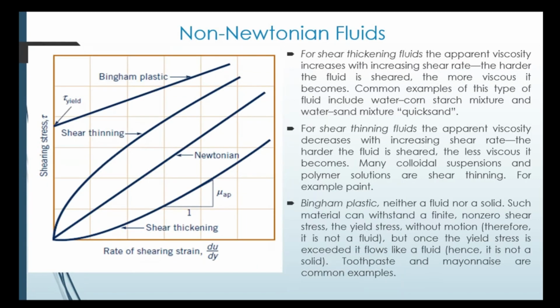On the other hand, in non-Newtonian fluids you have Newtonian fluids, जो सेंटर में स्ट्रेट लाइन नजर आ रही है आपको ग्राफ पे, I will use a pointer here. This line is Newtonian fluid, जो लीनियर बिहेवियर शो कर रहे हैं, ठीक है। Then you have shear thickening and shear thinning. On the upper side you have shear thinning, कि जैसे जैसे आप shear stress बढ़ाते जाएंगे वो फ्लो ज्यादा करते जाएंगे, फ्लो ज्यादा स्मूथ होता है। इसमें हमने जैम की बात की, चीज की बात की, हमने टूथपेस्ट की बात की, ठीक है। तो ये चीजें।